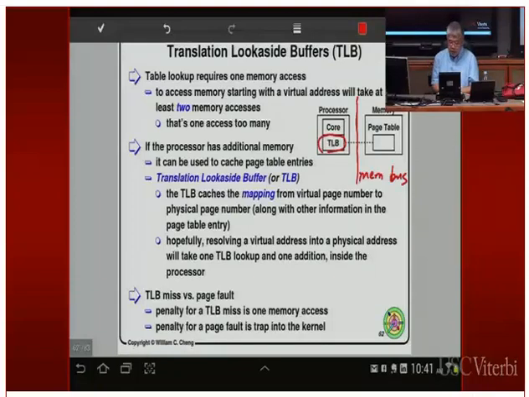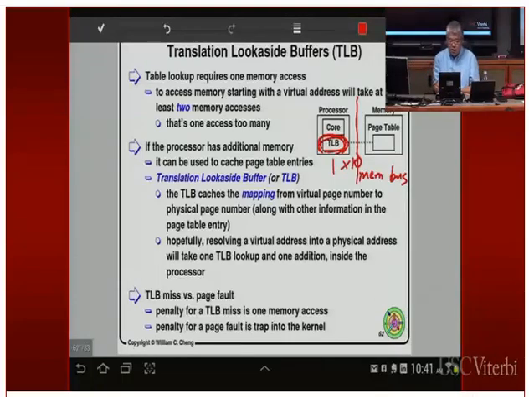Before you do the address translation, you look into the translation look-aside buffer to decide if things are there or not. If it is, then you fetch from the translation look-aside buffer instead of going to the memory bus. The difference in speed is about 1 to 10 between what's inside the processor and what's going to the memory bus. If you go to the memory bus, it's going to be 10 times as slow. So you're still making two memory accesses to get to the page table entry, except that the first one is going to be really fast if you get a hit. That gives you a memory location for the physical memory, while the second time you have to go to physical memory.